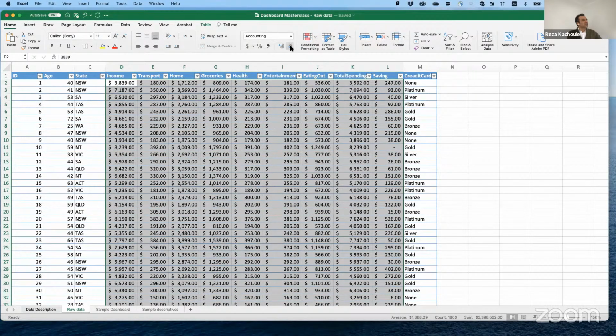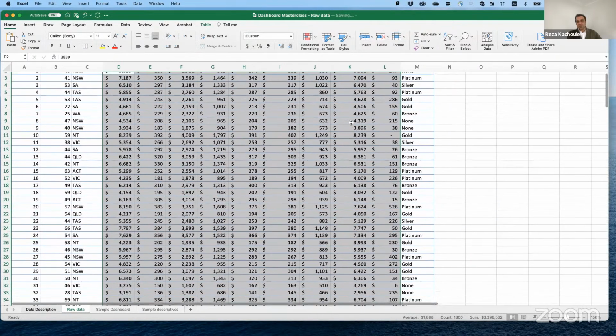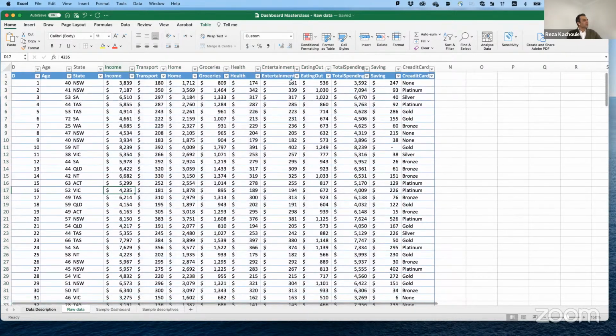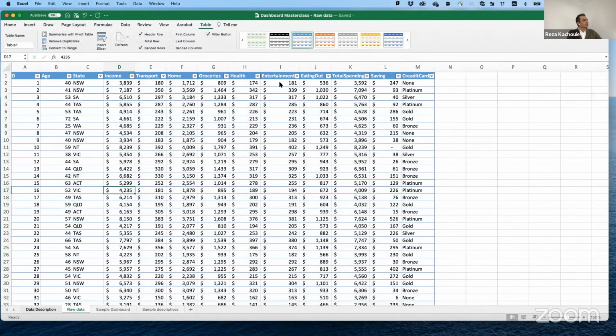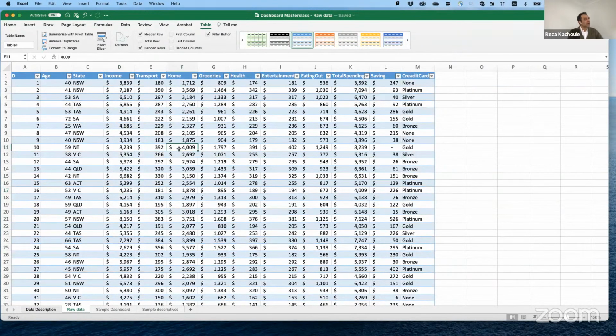I don't need any decimal points, so I get rid of all of the decimal points there. So that's what we have at the moment. Let me change the table formatting and make it something a bit different so my eyes can more easily follow it. So I made it this way. So that's just a simple format.